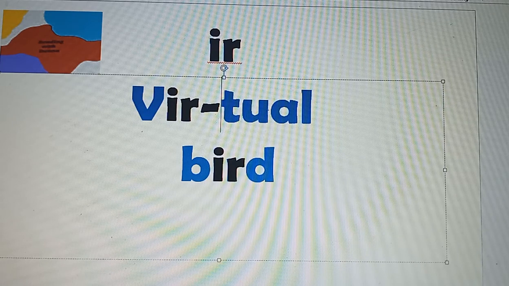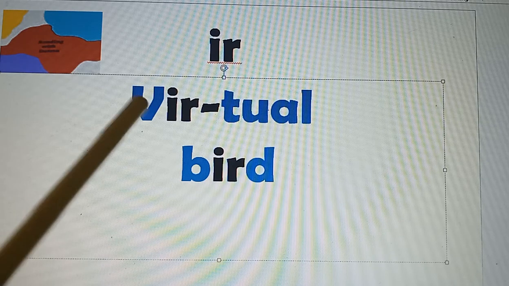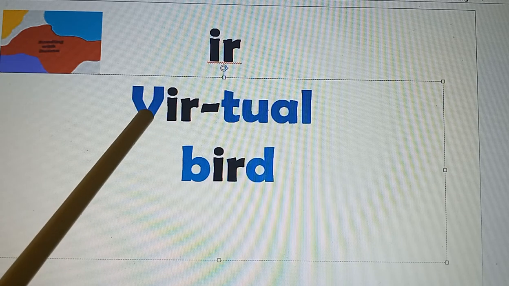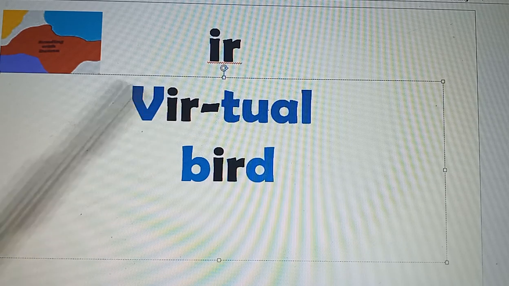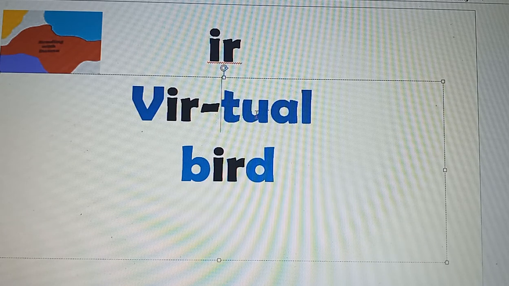All right. What do we have there? Ver. Ver. It sounds as if there is no I there. We hear V and we hear R. V, R, ver. And then we have